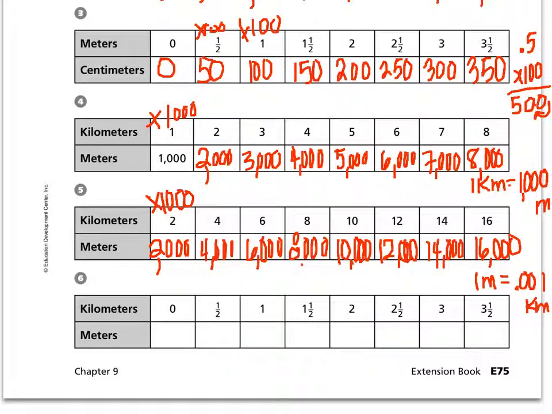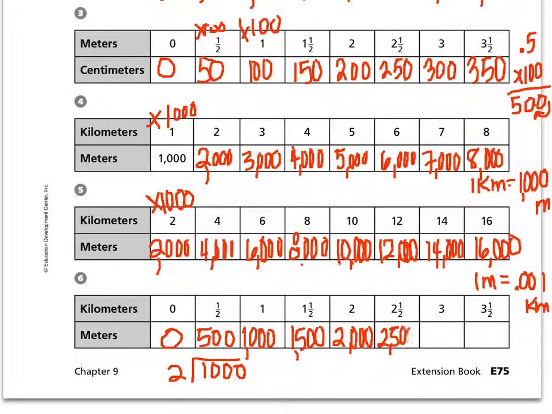For number 6, I have 0 kilometers equals 0 meters. If you don't have anything to begin with, you can't have anything of the other one. For half of a kilometer, I need to divide 1,000 into half, and I know that that would be 500. 1 kilometer, I've already found that answer up in number 4, would be 1,000. 1½ would be 1,500 because you're adding 1, which was 1,000, plus a half, which is 500, which equals 1,500. 2 is going to be 2,000, 2,500, 3,000,